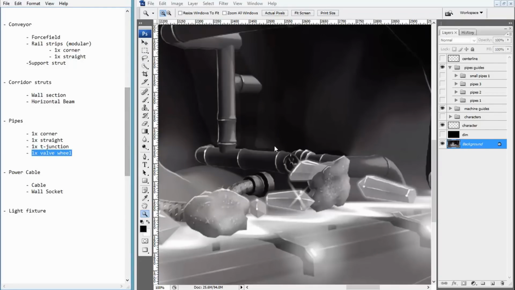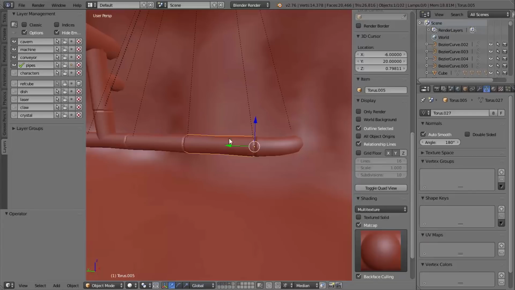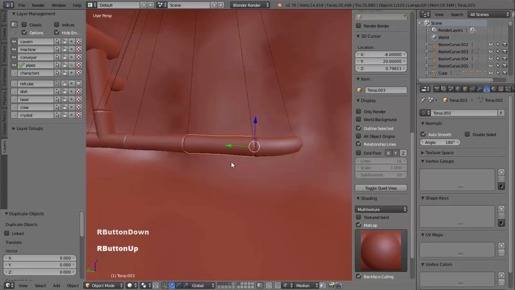valve wheel here. So looking at the concept, I have what's going to be a fairly simple torus object, which is this valve, and then it's attached to the pipe with this extra thick collar of pipe here. So I'm going to make that next. So I've shown my pipes layer, and I've highlighted the pipe segment that I want the valve to be part of. So I'm going to begin by duplicating this with Shift and D, and then right clicking and leaving it